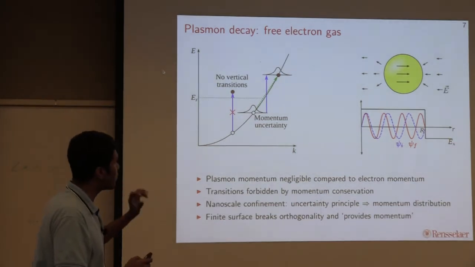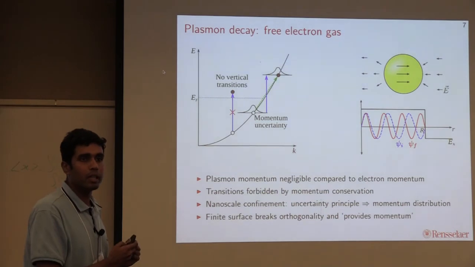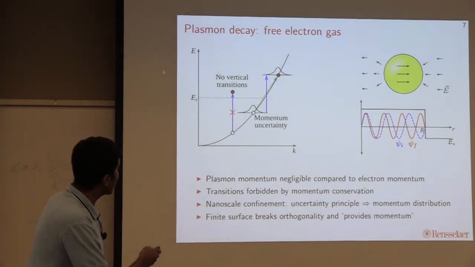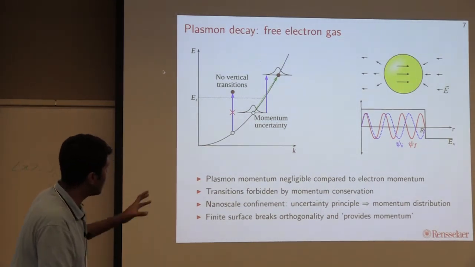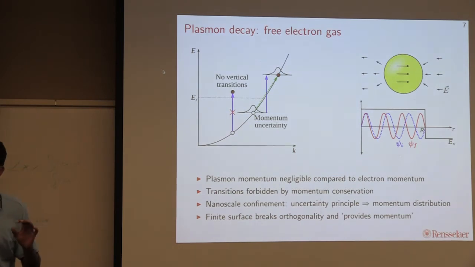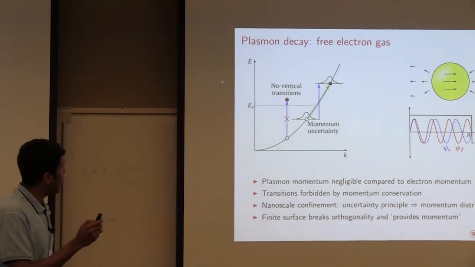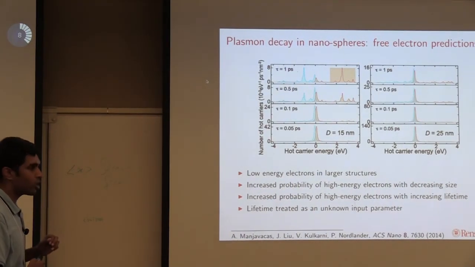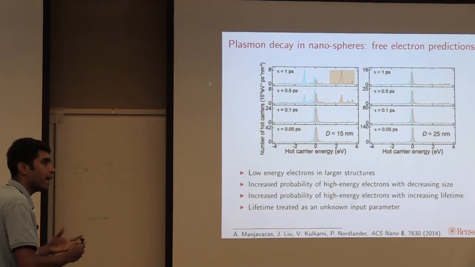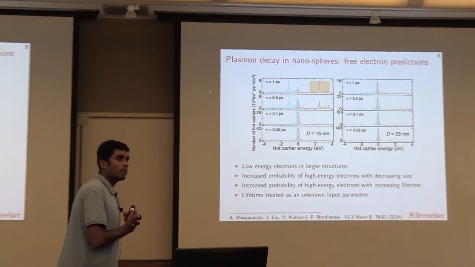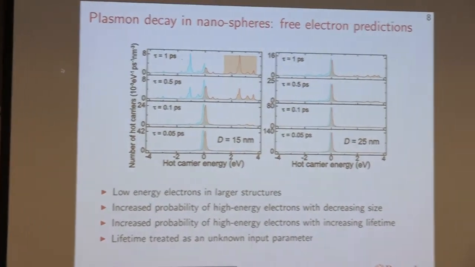But regardless of which way you look at it, you will end up with the conclusion that your probability of excitation will be proportional to 1 over the sample dimensions. Right? Make sense to everyone? So at the time, the simulations that were around trying to understand what the limitations in plasmonic hot carriers were